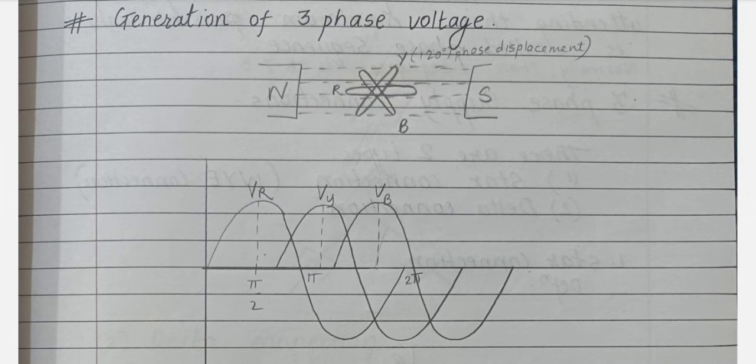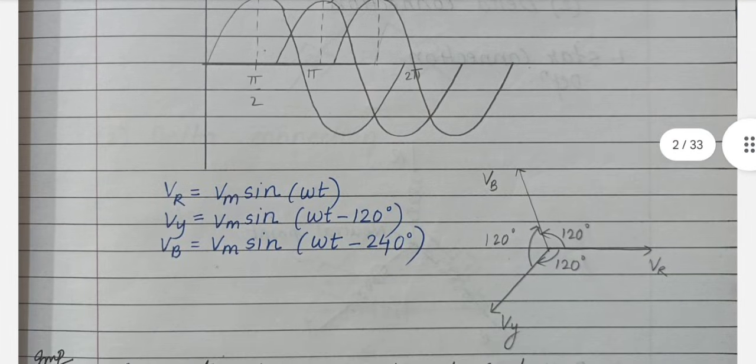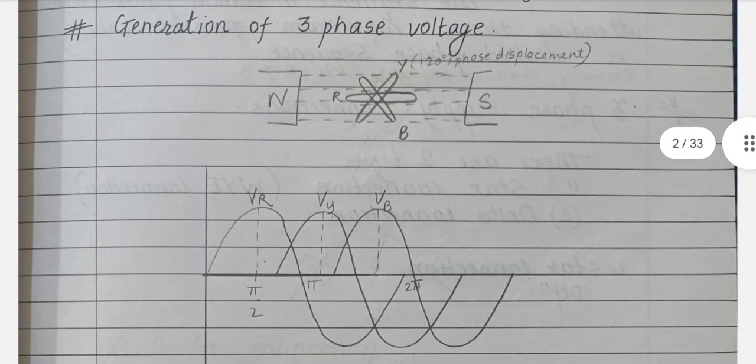This three phase voltage is generated by producing three sinusoidal waveforms that are 120 degrees apart in phase, as you can see in the phasor diagram below. This process typically involves rotating coils within a generator, or utilizing a combination of single phase generators. The resulting three phase voltage is essential for efficient power generation, distribution and utilization in electrical systems. The balanced and phased nature of three phase voltage enables smoother power delivery and enhanced efficiency in various industrial and commercial applications. So this was all about the generation of three phase voltage.